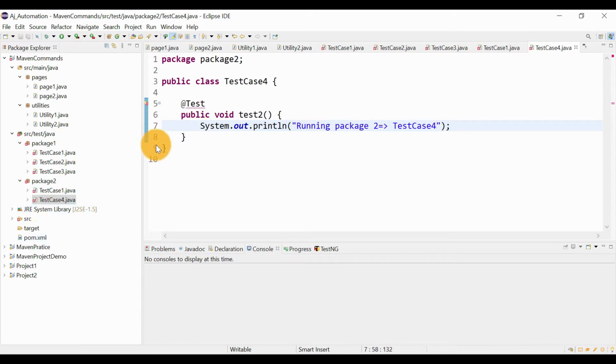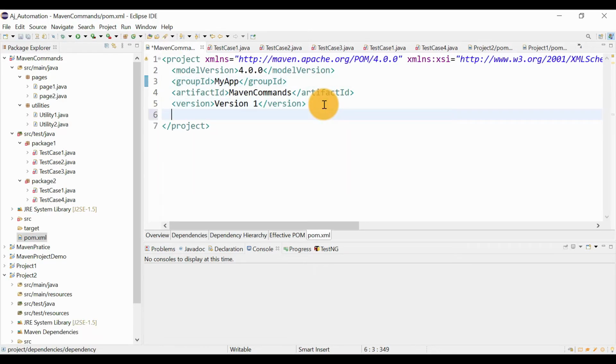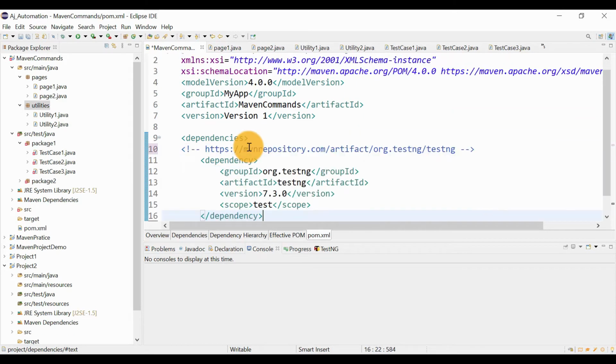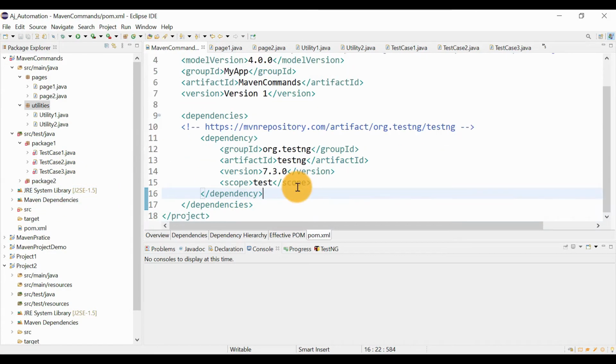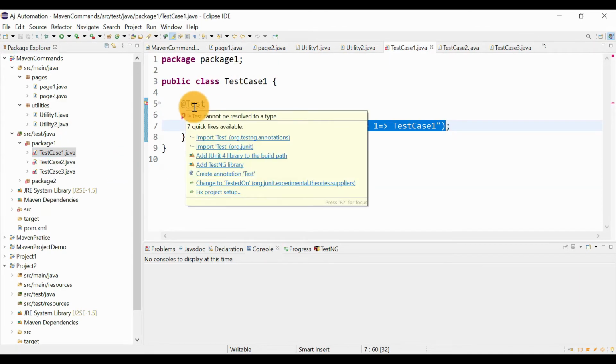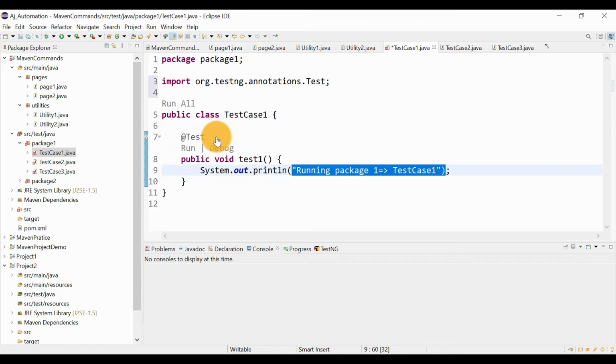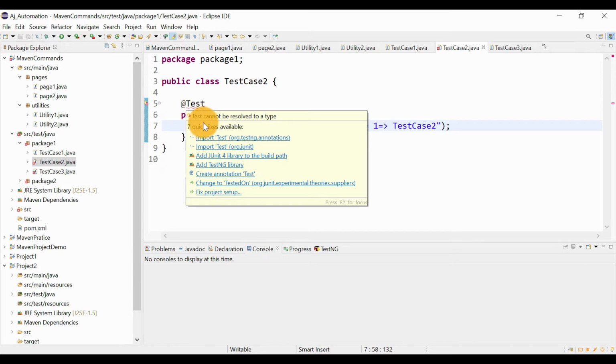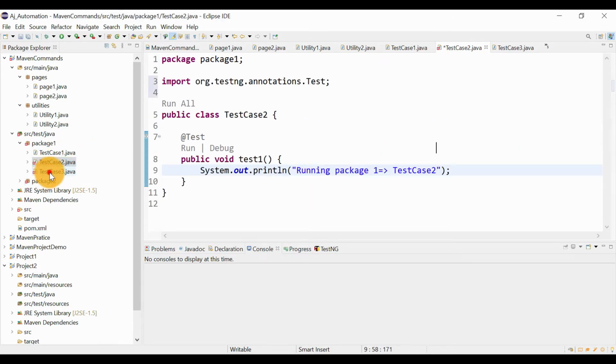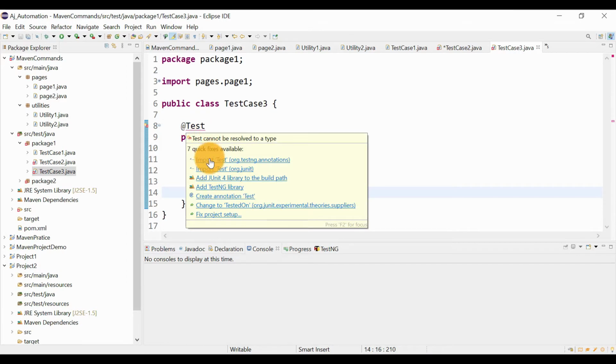Let me just add the dependency for TestNG. Okay, so to add the dependency you need to add it under dependencies. Okay, so here we need to paste it, save it. Okay, so after saving, go here and you can import it from the TestNG annotation. Okay, so let me import here as well. Import from TestNG, and here import from TestNG.